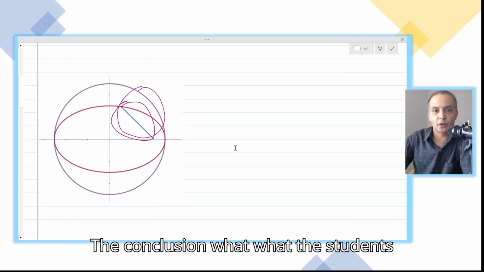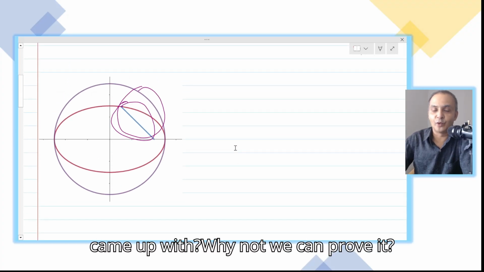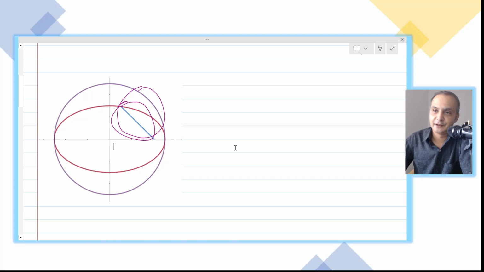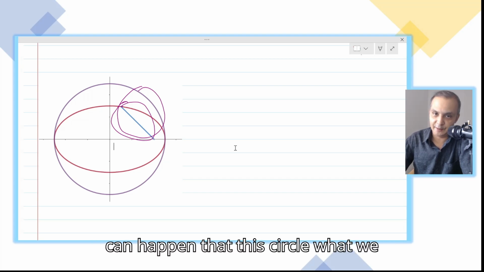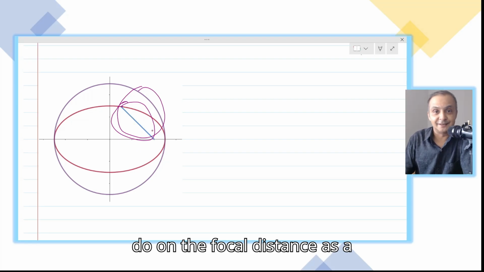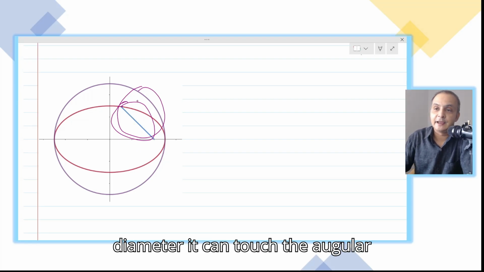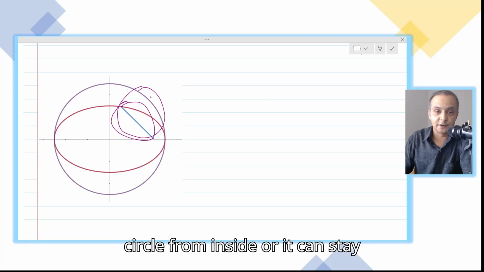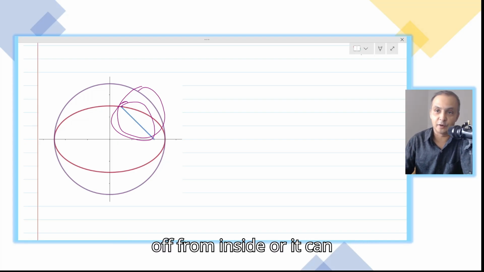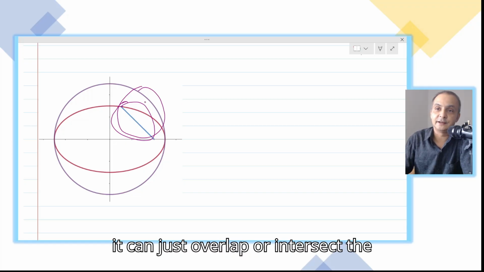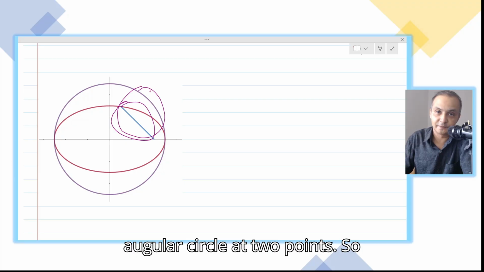Alright, so the conclusion the students came up with, why not we can prove it, because there are only three situations that can happen. This circle we drew on the focal distance as a diameter can touch the auxiliary circle from inside, or it can stay off from inside, or it can just overlap or intersect the auxiliary circle at 2 points.